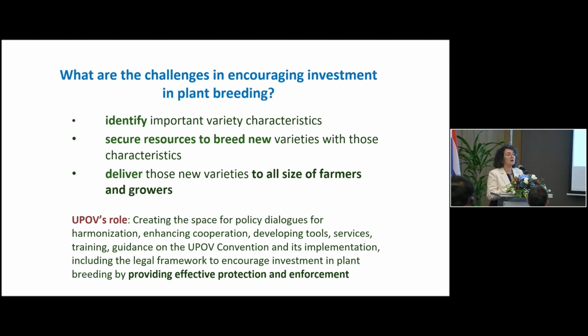But when you have secured the resources to breed, it may normally take 5 to 7 years for some agricultural crops, and for certain fruit crops and trees it may take even 20 to 25 years to get really new genetics that will make a difference, new varieties adapted to the farmers' and growers' needs and aspirations. So then the question: when they have been developed, these new varieties will need to be delivered